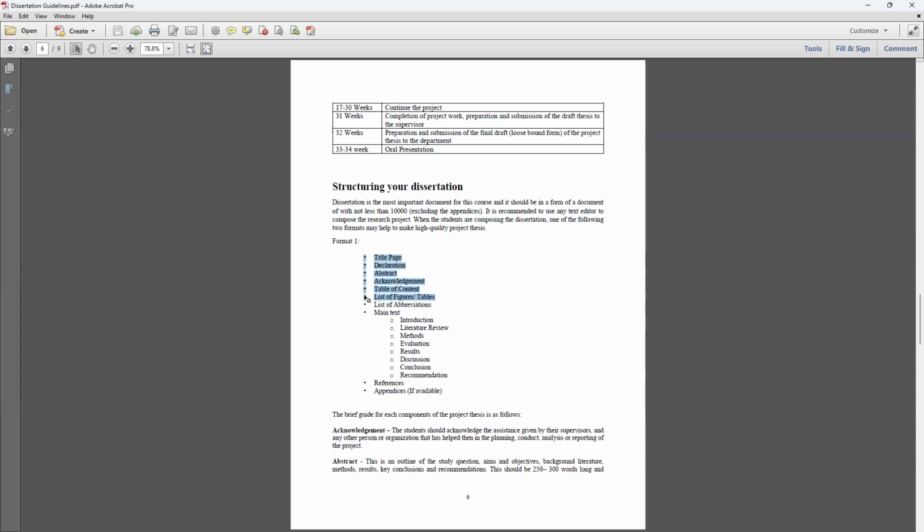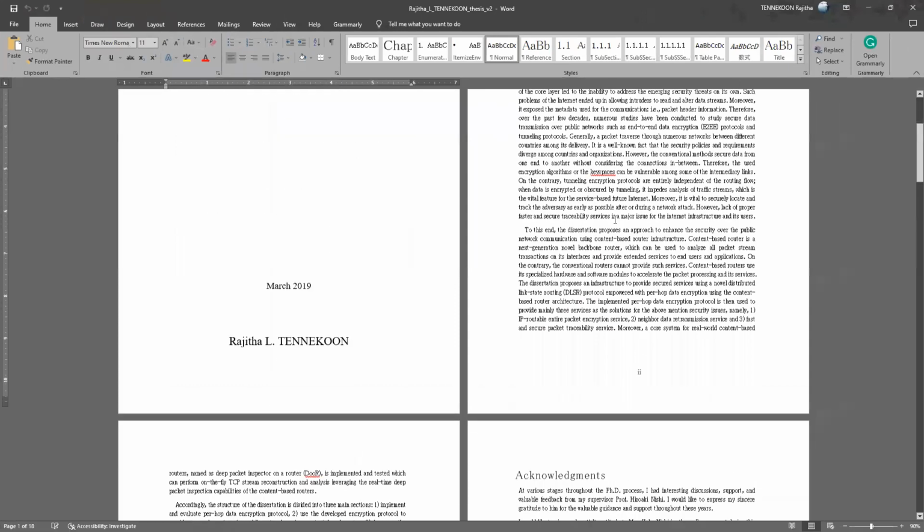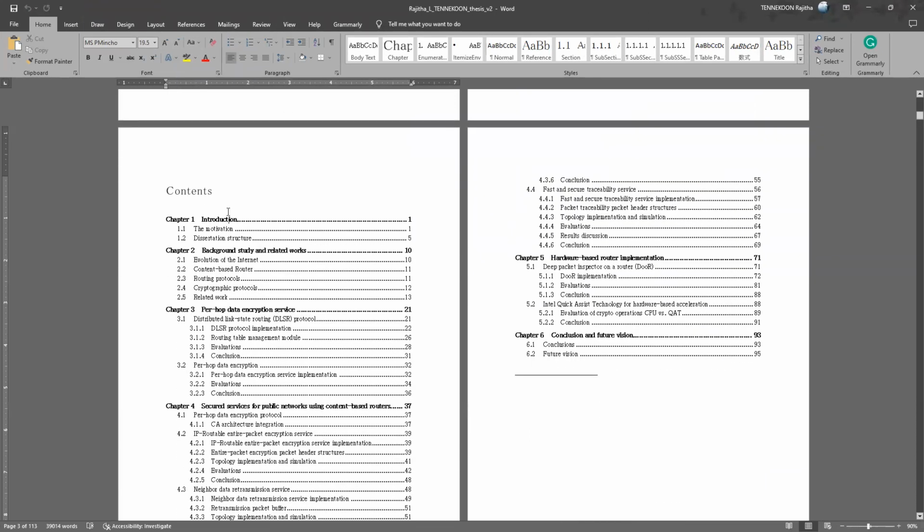When you are writing this thesis, you can use Word, or if you are going for the hard way, LaTeX. When you are using Word, you can generate the table of contents and even the references using the Word writer. You guys know that one, right? Okay, let me show you. This is a Word document, and this is actually my thesis, the PhD thesis. So you can generate the table of contents.